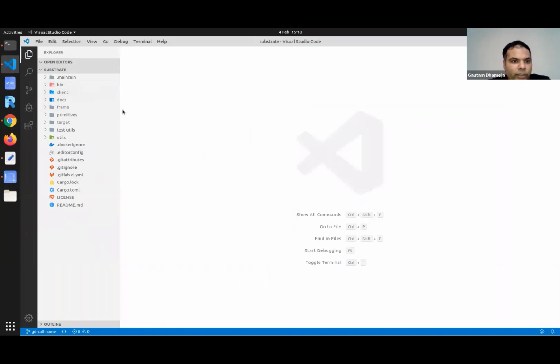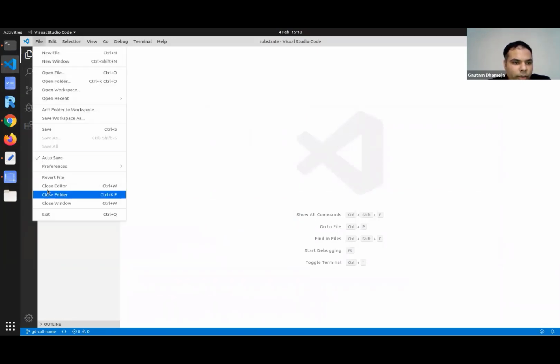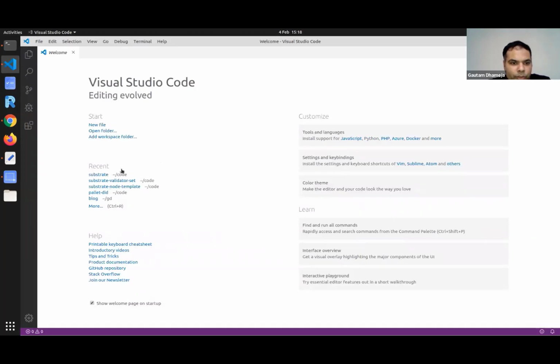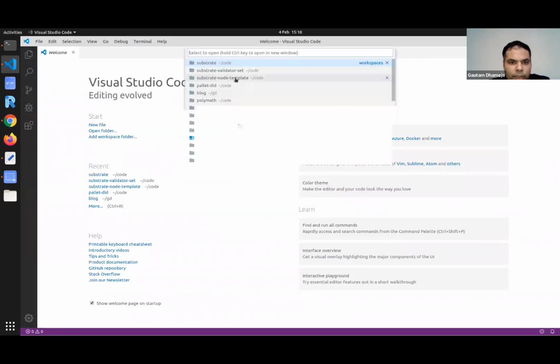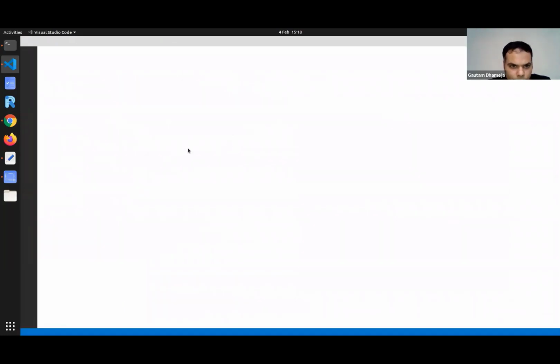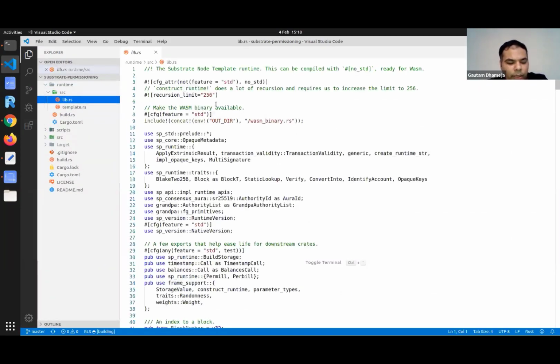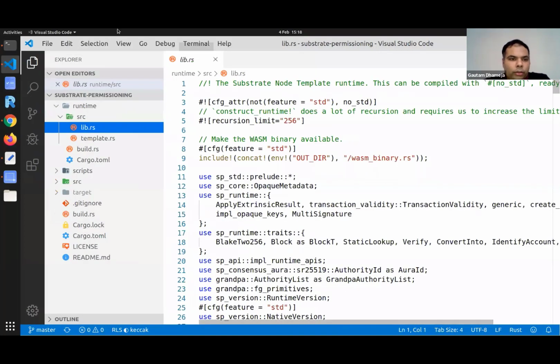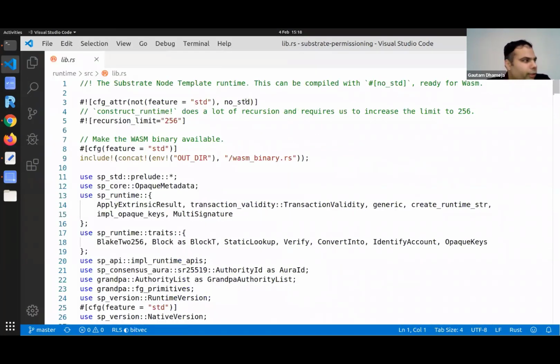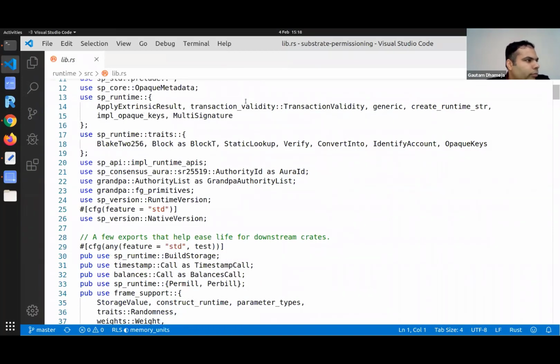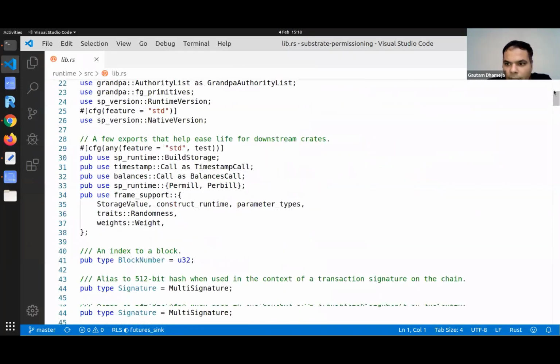So on my screen right now, let me open the Substrate permissioning sample, which was posted as a link before. So this is the node template. And what I have here is inside the runtime, if I go into lib.rs, and I should actually zoom in a little bit. Is it okay now? It was okay before, yeah. But yeah, so what I have here is